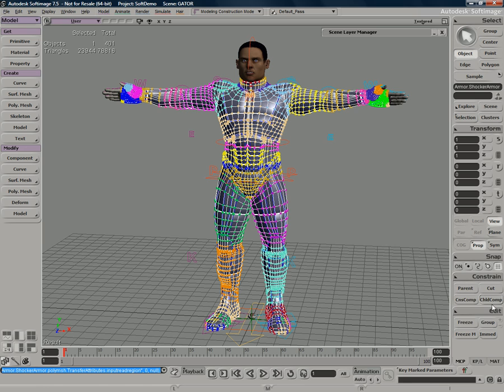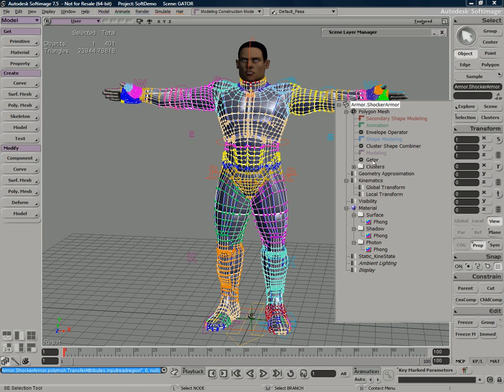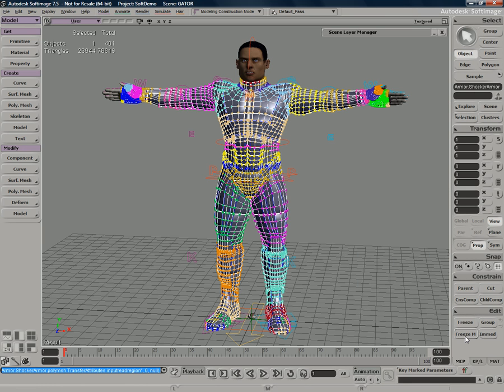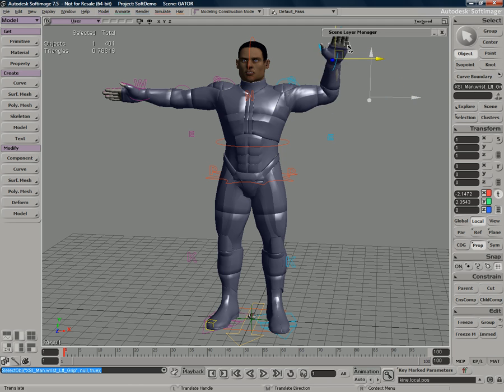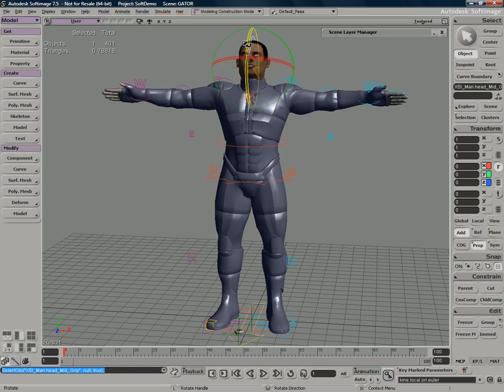So I do want to freeze. Remember, I still have that live Gator operator, so I want to freeze that. So press freeze M, that'll freeze the modeling. And now you can see that that Gator operator has been removed. And I can now select maybe this controller, wave to everybody, everything is great. And you can see that I was just that easily able to transfer that complex rig all the way over to my armor without having to do any additional work.